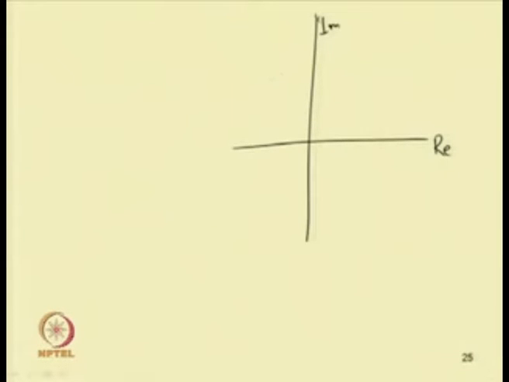At the critical point, one can see that a pair of complex conjugate eigenvalues will cross the imaginary axis. So, it will have a non-zero real part and a non-zero imaginary part. Then the real part becomes 0, the real part of one of the eigenvalues becomes 0, and so one has a pair of imaginary roots.